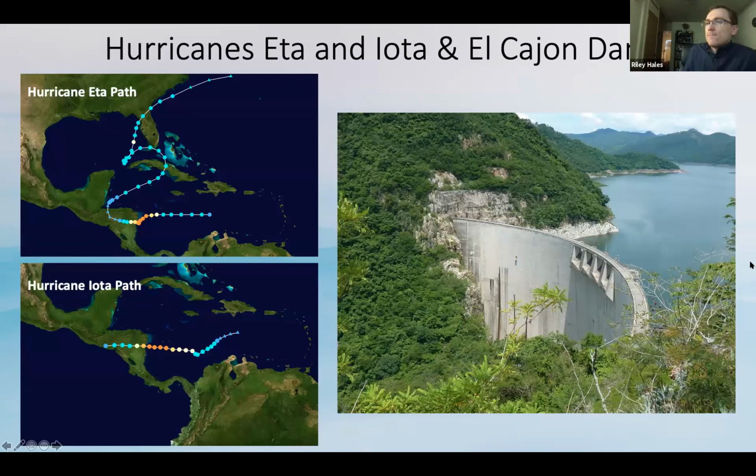So first deals with Hurricanes Eta and Iota, which crossed through Central America in November of last year. I've got some maps on the left showing the paths those hurricanes took. Eta came first. It damaged a lot of infrastructure, claimed many lives. And importantly, in the context of Iota coming in a couple weeks after, it destroyed some of their water monitoring infrastructure. Some of the gauges which monitored inflow to reservoirs were disabled, and this hindered their forecasting capabilities. And that hurricane also put the El Cajon Dam, which I've got pictured on the right, at near capacity.